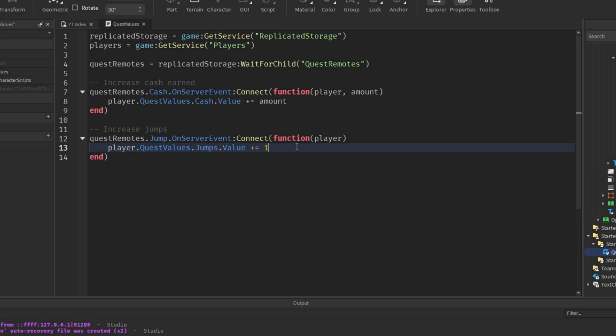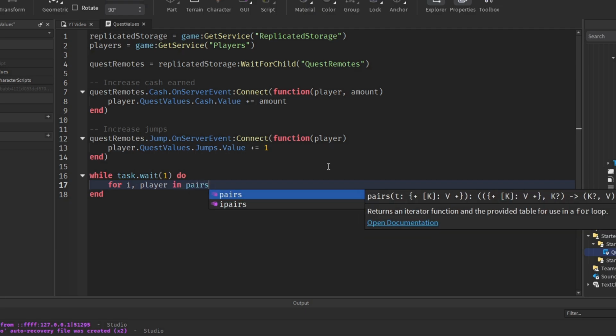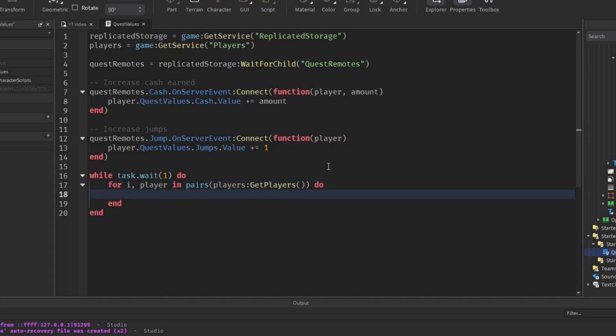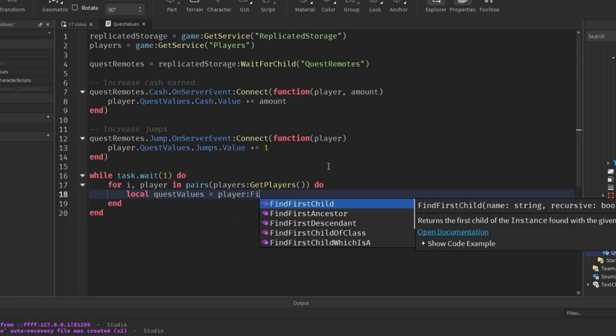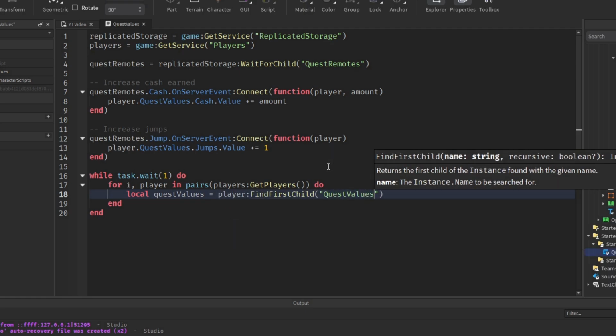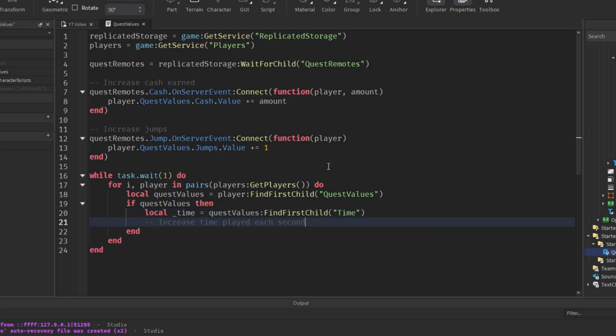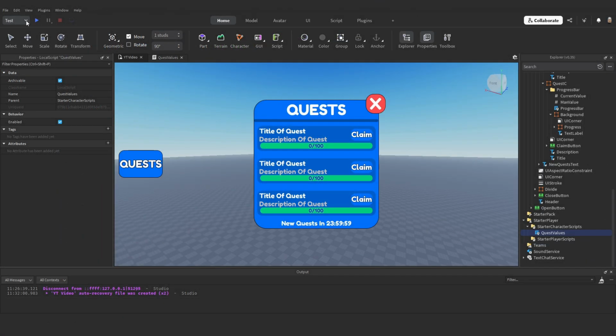Player.questValues.jumps.value plus equals 1. Now we can say while task.wait(1) do for i, player in pairs(players:GetPlayers()) do local questValues = player:FindFirstChild("QuestValues"). If questValues then local _time = questValues:FindFirstChild("Time"). Now we want to increase the time played each second, so we'll say if _time then _time.Value plus equals 1. Now if we hit test and play,